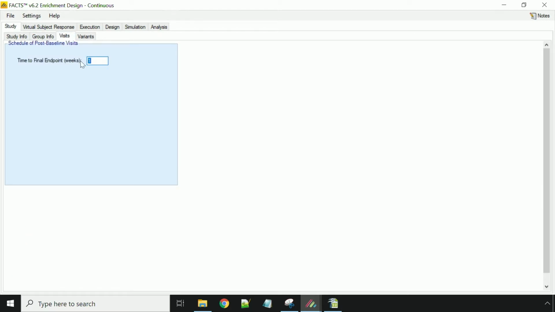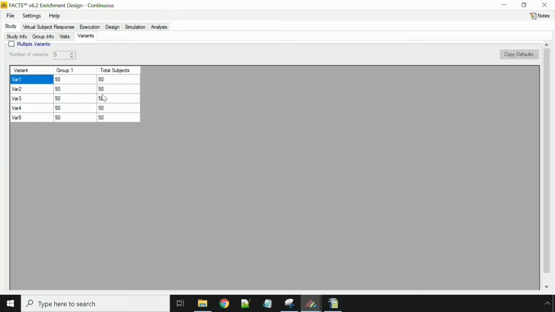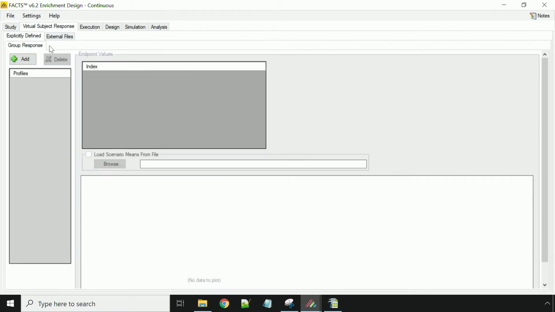Again, to start with, we're not going to do any longitudinal modeling, so we only need to put in the time to the final visit, the 26 weeks. We're not going to simulate any variance, which would allow us to specify different sizes of trial. But we do need to enter our different subject responses. So as I said, we're going to